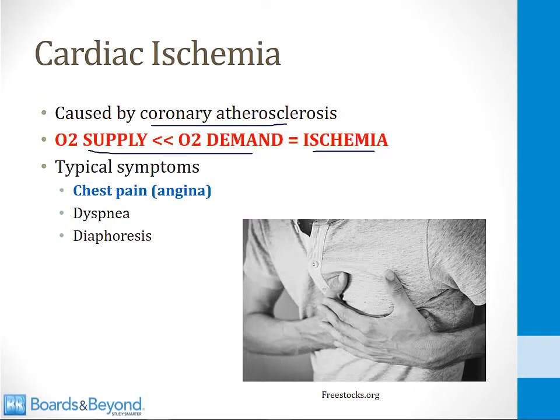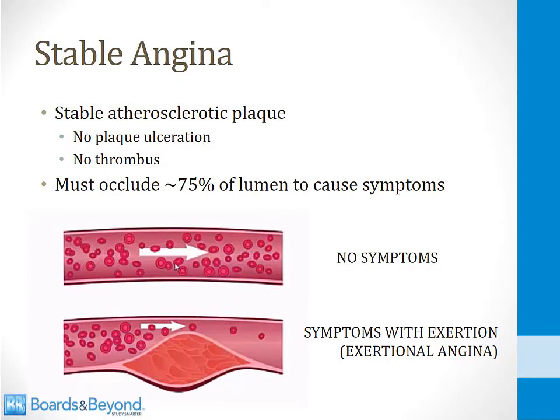And the typical symptoms that occur when patients develop cardiac ischemia are chest pain, which is called angina, dyspnea, diaphoresis, and there are many, many other symptoms, but these are the common and classic symptoms of cardiac ischemia. There are a number of clinical syndromes that can result from coronary ischemia, and the first one we'll talk about